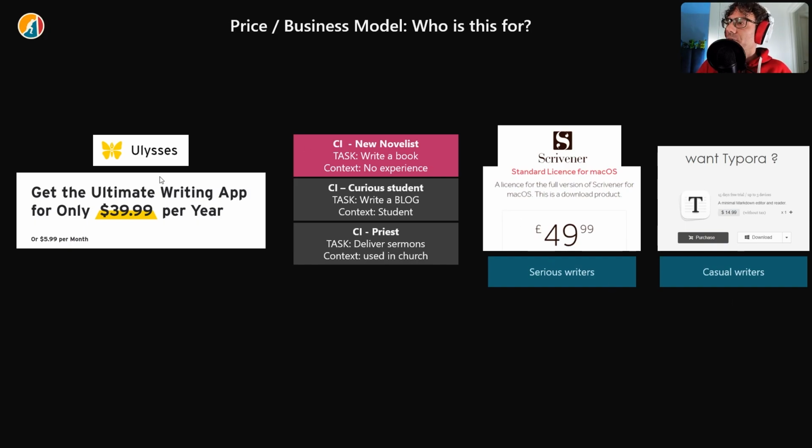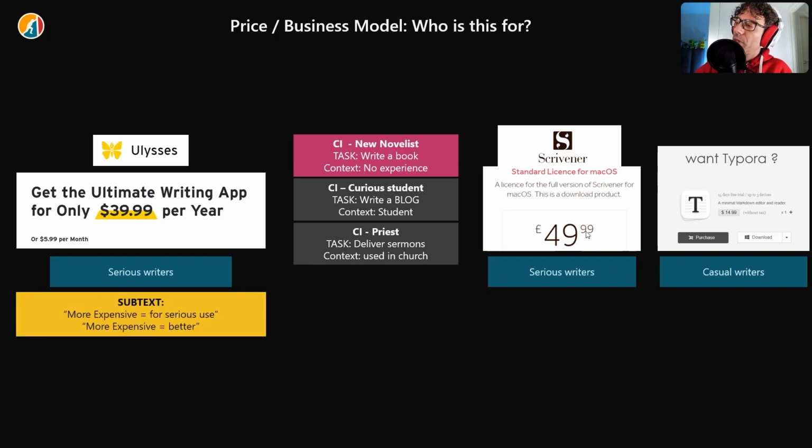So now, if we release this and we only go for novelist, it's like, okay, we know that this is in the right ballpark for serious writers. We are signaling the right thing. Where, remember, the subtext of price first gets you on a subcategory and top end. And of course, if something is more expensive, we assume it's better. Again, not necessarily true, but it's usually true. And that's why this signal kind of still holds.